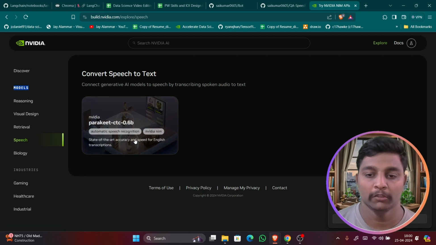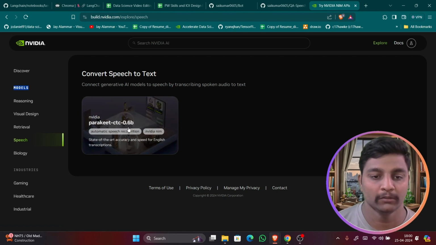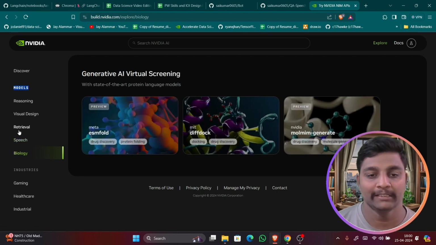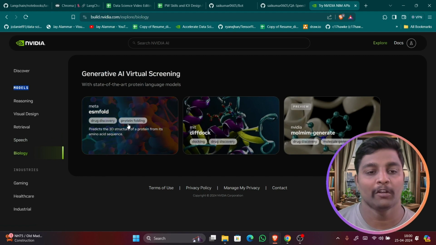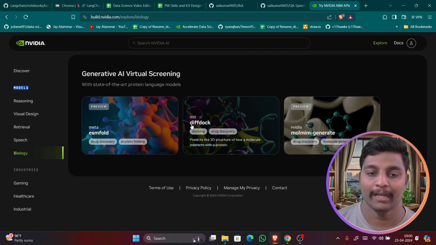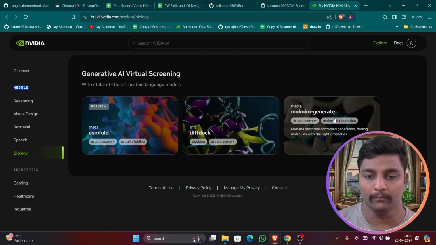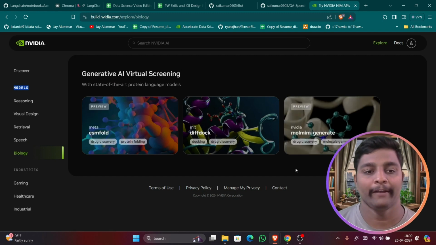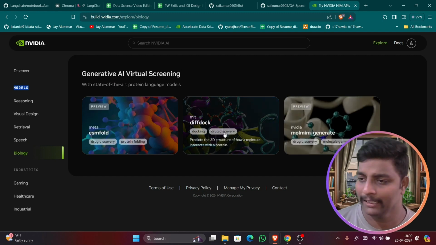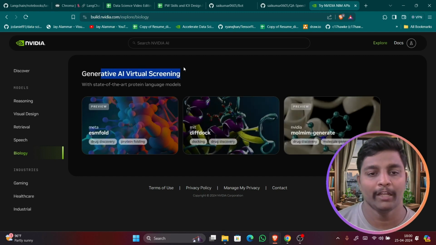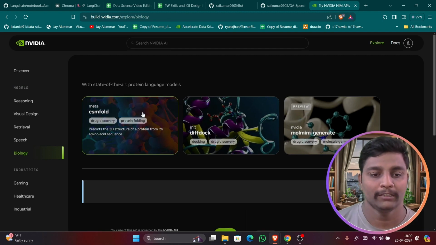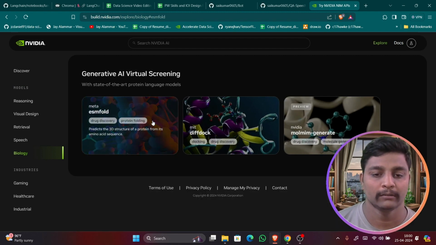For speech, you have Parakeet CTC. This is a new model. You can use this also. And for biology, these are the models available: ESM Fold and DiffDock, MolMIM generate of Nvidia. You can use any of them. This is, you can see, a generative AI virtual screening. Okay, so if you just click on this,